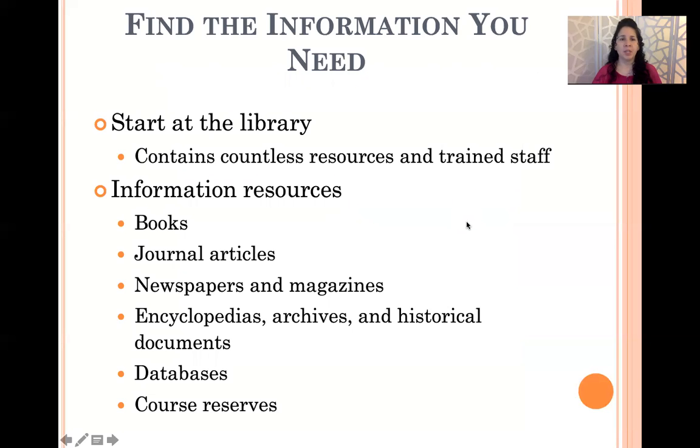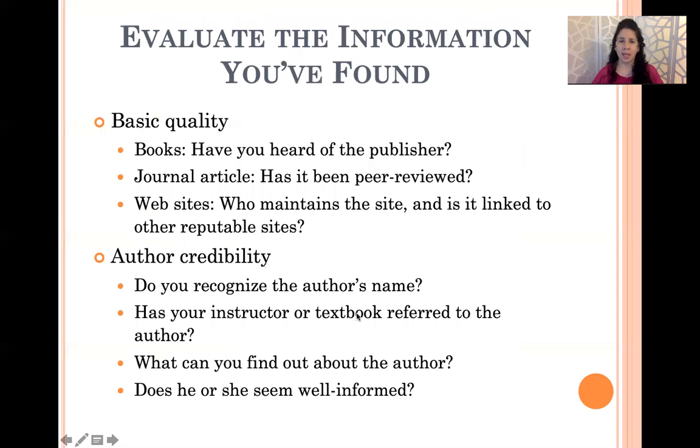So let's see here, the information that you need. If we're talking about going to a library, we start at the library and we're going to find tons of information. It's probably going to be information overload. So there's books, there's journals that have tons of articles in them, there's newspapers and magazines, encyclopedias, databases, which is where we find a lot of our information nowadays. And then course reserves. So for instance, for this class, I have a reserve book, a book that a student could use when they're in the library. So again, that's what course reserve means. So all of these are different places where we can gather information.